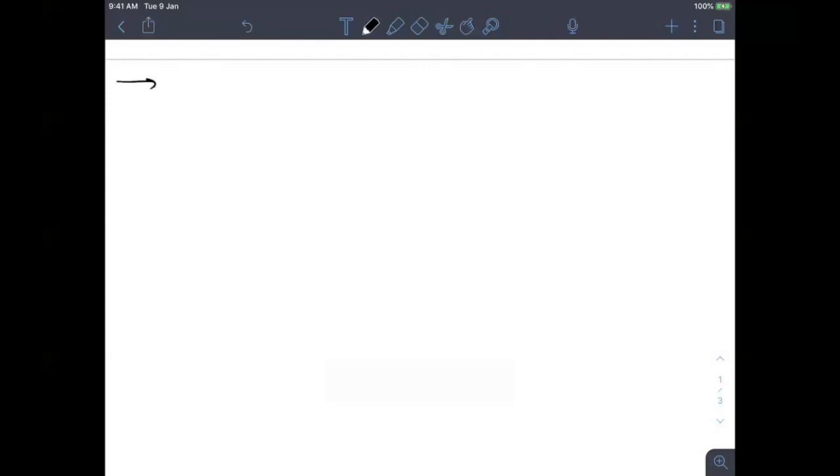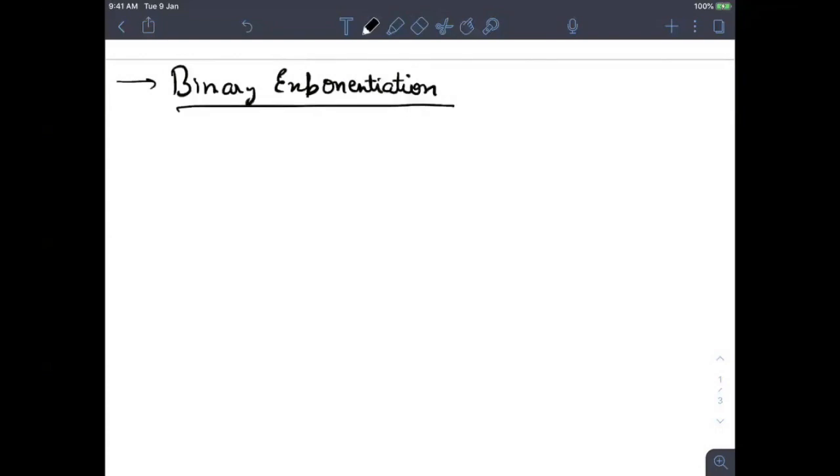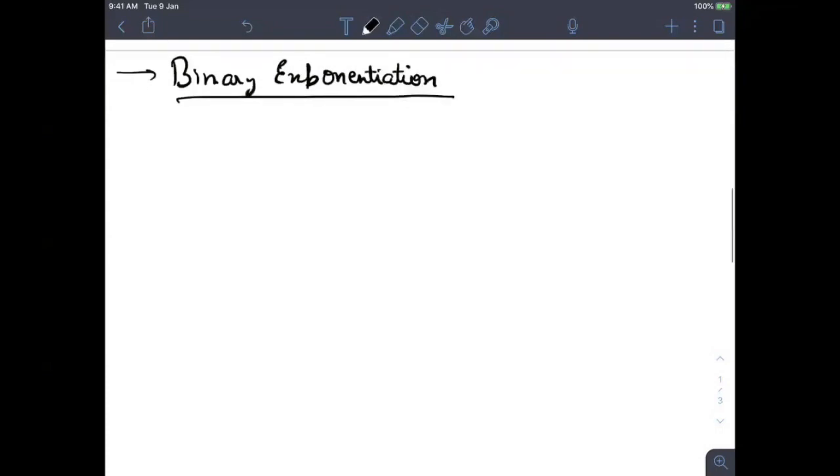What we are going to discuss is basically binary exponentiation. So the word is a little complicated, but this algorithm is very simple. Don't even think about the algorithm. We'll just take an example and try to see what we are trying to solve. So let's say the problem is you have to find a to the power b.